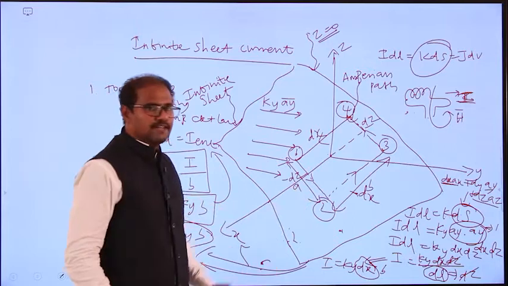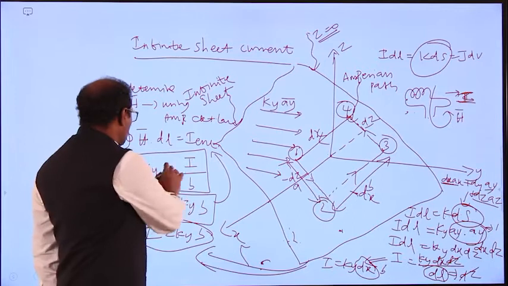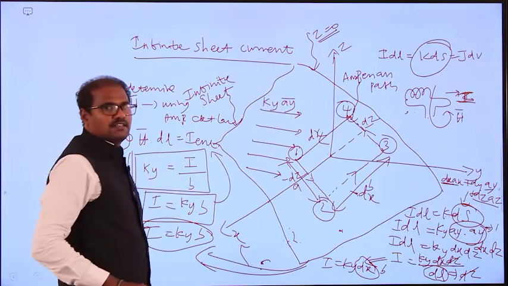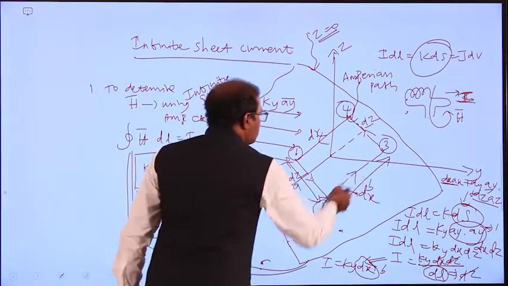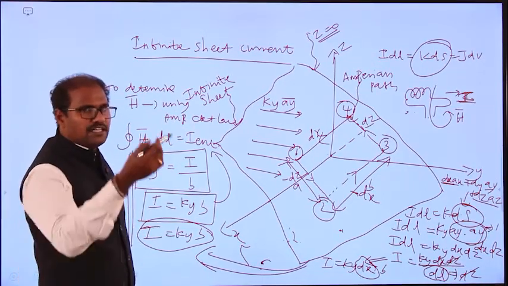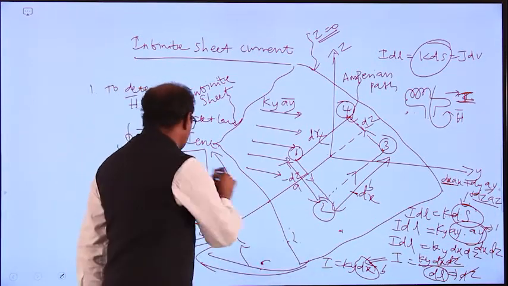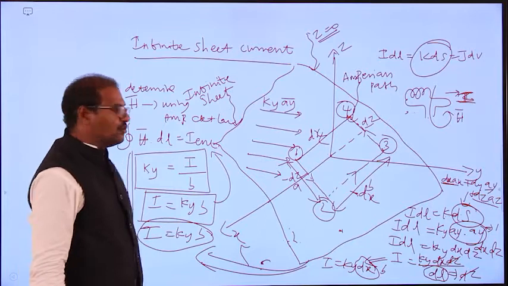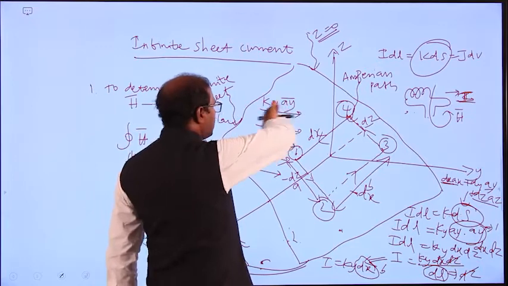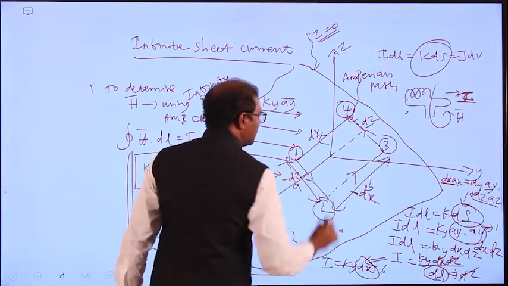But simply you can say the current is moving in the y direction. The current is a surface current moving in the y direction. That current will be perpendicular to the b. Simply we can conclude this. But if you go in depth, we can know this process. No need, you can directly write it straight. How did you get this one? The surface current is moving in the y direction, Ky. That current will be perpendicular to the b.